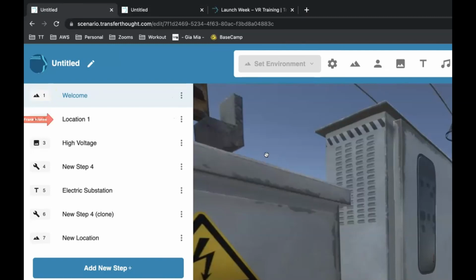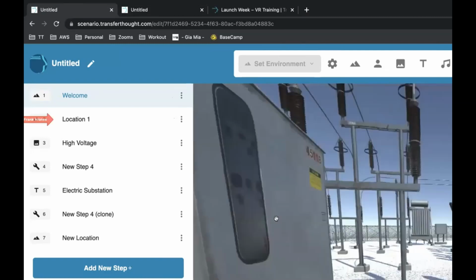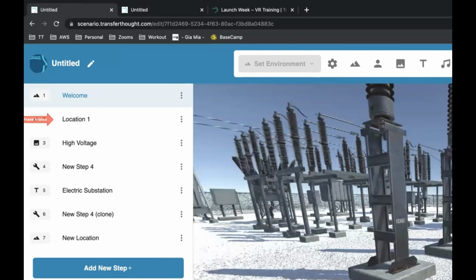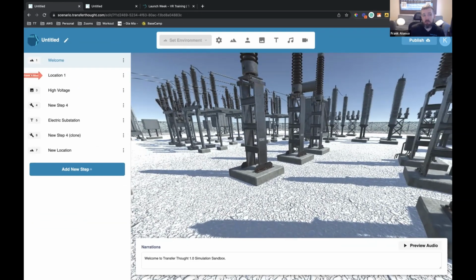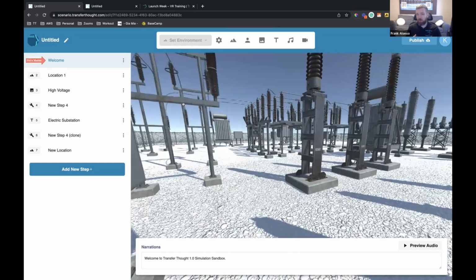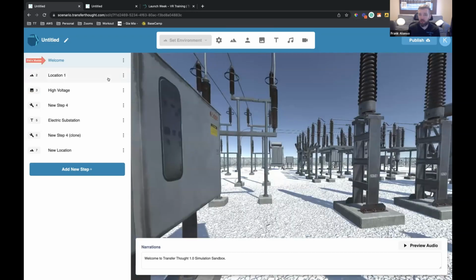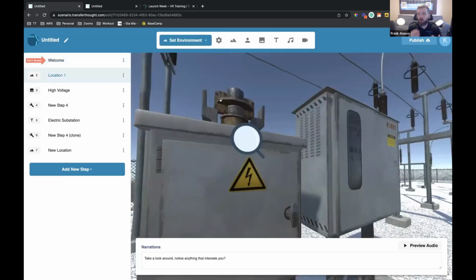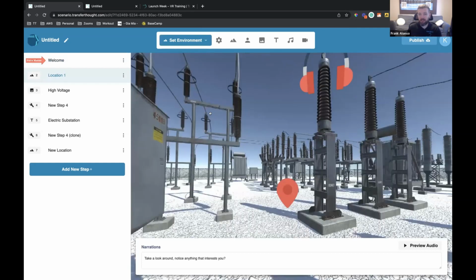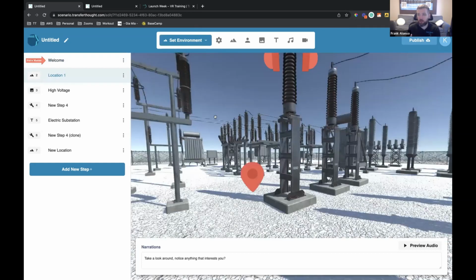And for a lot of training processes, you need to do stuff in order. And what we're showing today is that on some of these steps, like step 1, there's things you can do that might change your environment, but not progress you in the training. You're not moving forward in a process, but you're adding sandbox-like features where they can